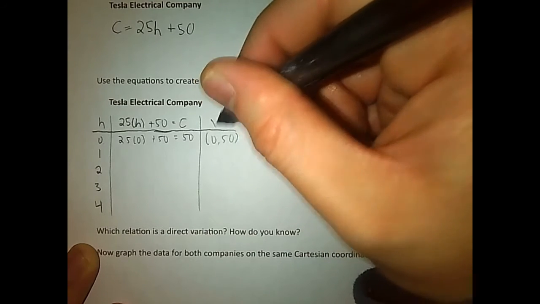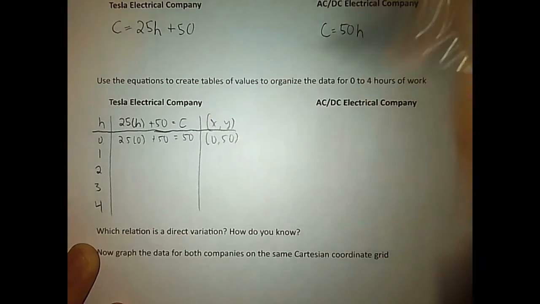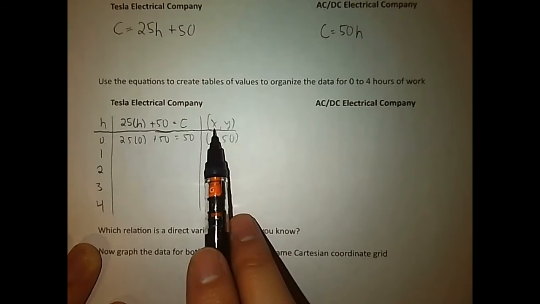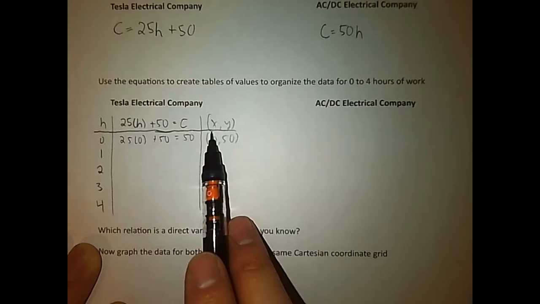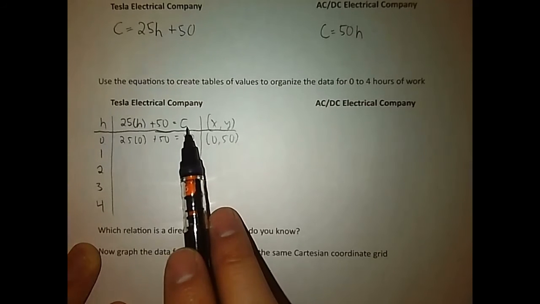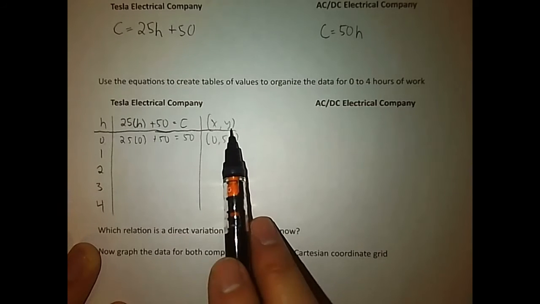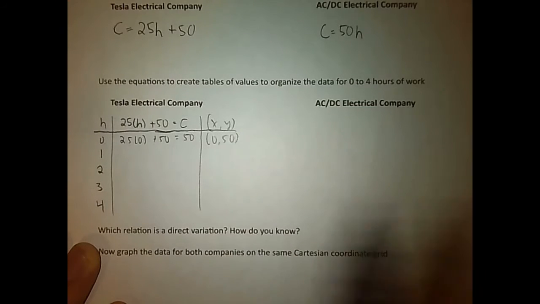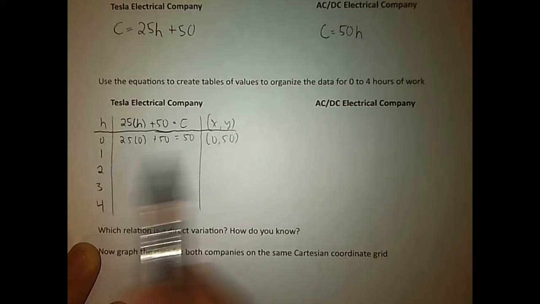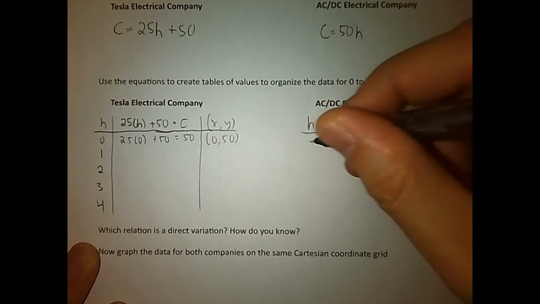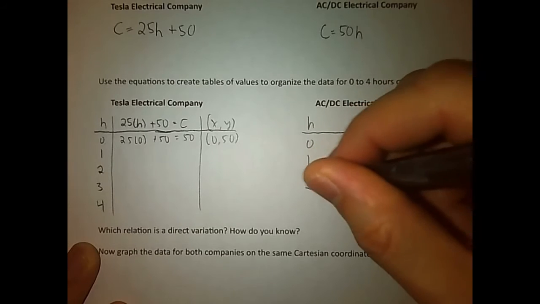Because, again, this is our coordinate. Our independent variable is H, which means it's going to be our X value, so when we graph it, it's going to be on the X axis. The cost is the dependent variable, because cost depends on time, so that'll be the Y value on our Y axis when we're graphing this. We're going to do this for the Tesla Electrical Company, and we'll do the same thing for the AC/DC Electrical Company,